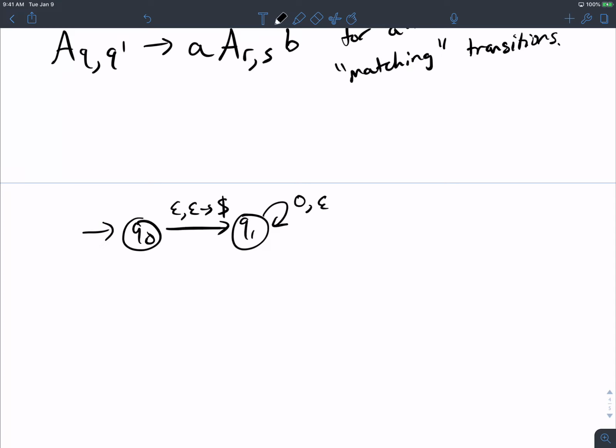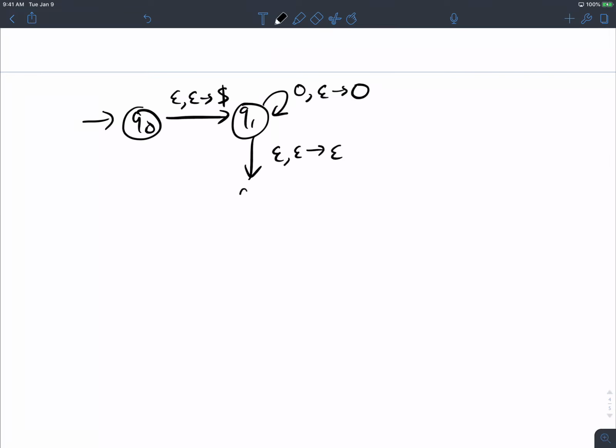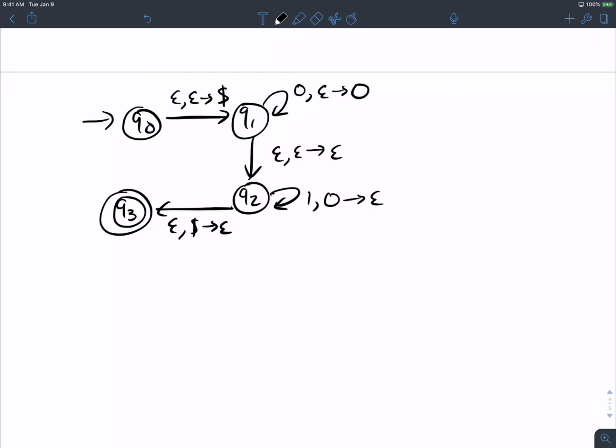We did this, then triple epsilon our way down to Q2, and then here we do the popping thing, and then go to Q3, which is a final state. Okay, so this is the PDA that we had before.